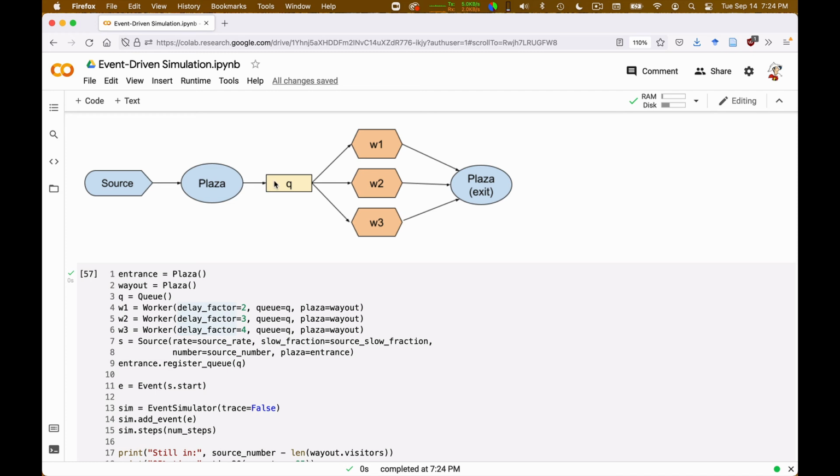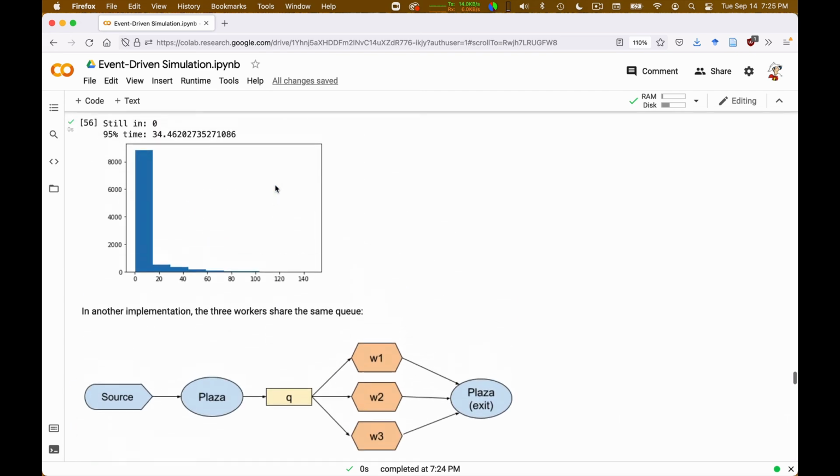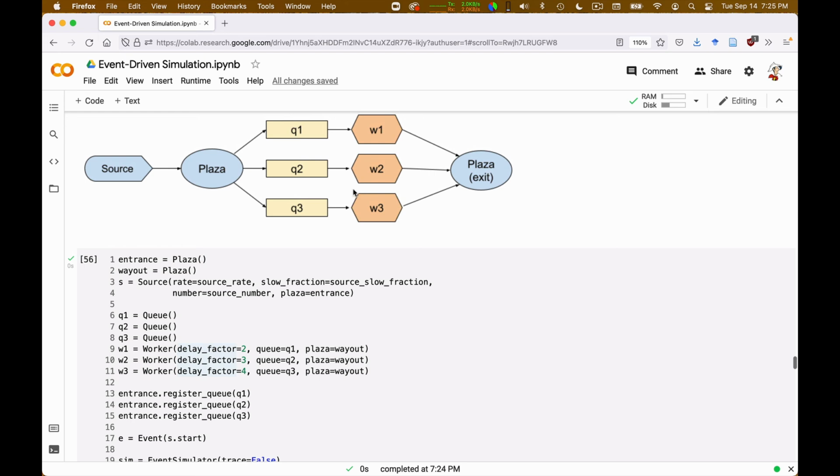customers don't have to try to guess which queue to join. Normally when you're in a supermarket, you always do this eyeing, you want to know which cashiers are faster. And especially you don't want to line up behind people who have a huge amount of stuff in their cart, because that will take longer. And so there is a lot of guesswork. And here in this model, people just join the shortest queue. So they are oblivious both to worker speed and to how big the carts are of the people in front in this model.